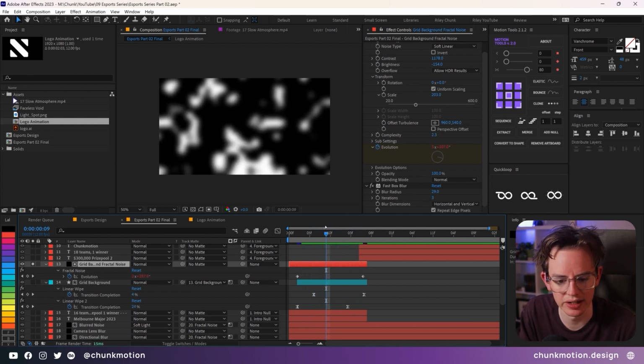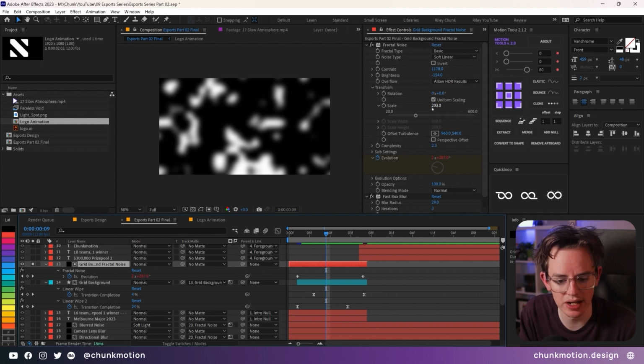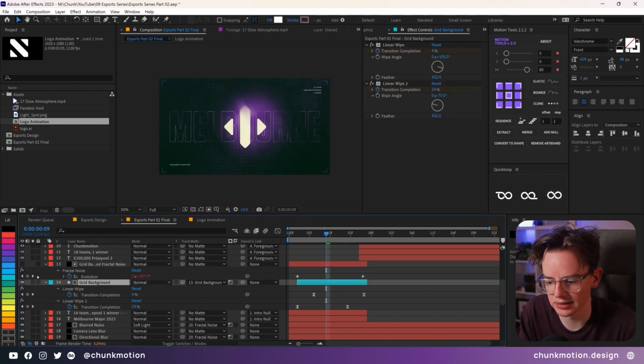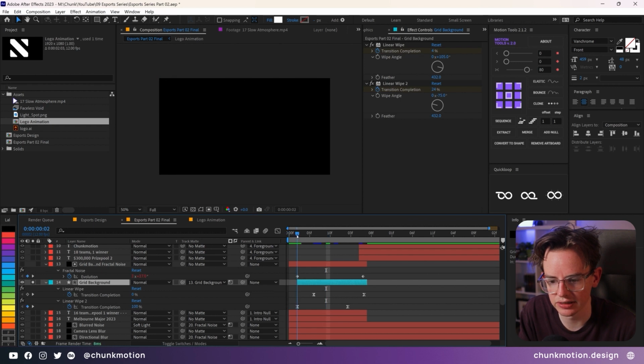Very weird, it's undulating and all of that. The scale is not quite as large, and we've got a fast box blur over it just to help soften out all those edges. But utilizing this as a luma matte for this grid background means that when it starts to animate through, you'll see that it's very quick and it's just that extra little accent detail to the whole